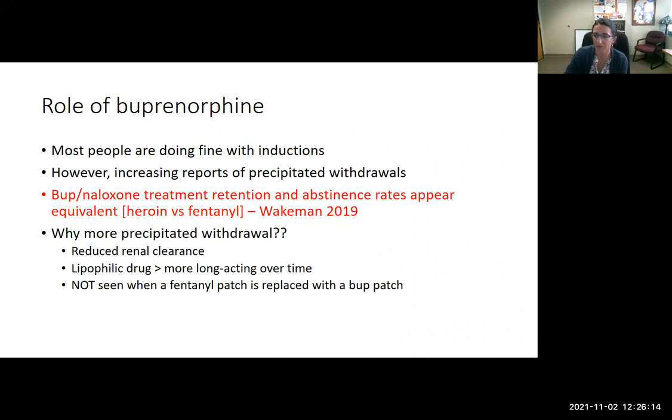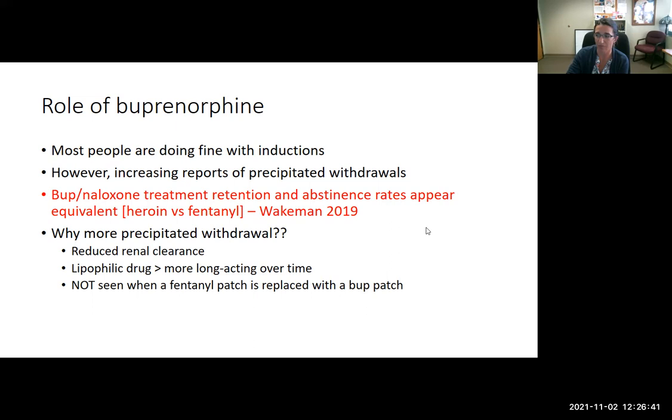So why does there seem to be more precipitated withdrawal with the synthetic opioids? Not totally clear, probably maybe some reduced renal clearance. It's also a lipophilic drug, so it could be more long acting over time. And it's interestingly not seen when the fentanyl patch is replaced with the buprenorphine patch, which sometimes can be used, especially we've seen these inpatient transitions from